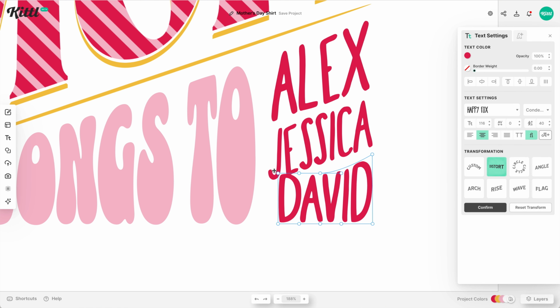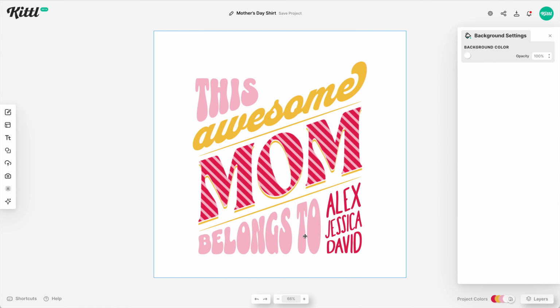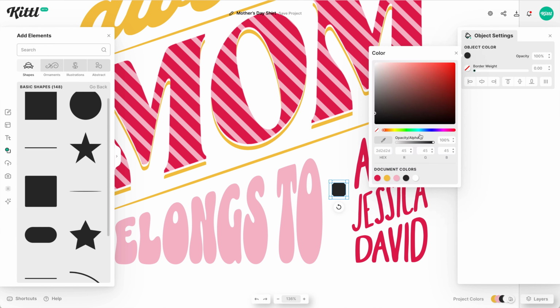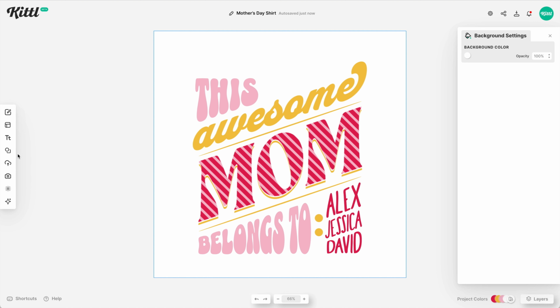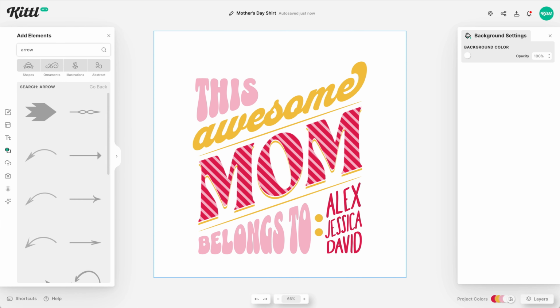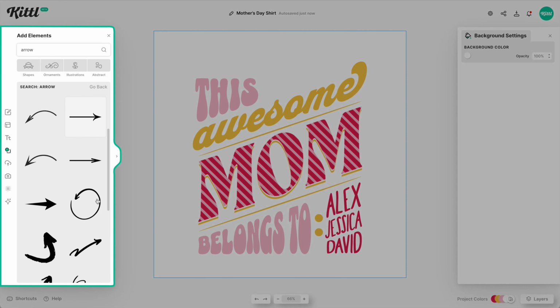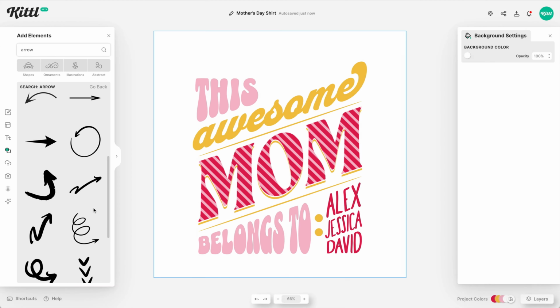So I'm going to put the 3 kids' names here, and then what I'm going to do is size down "belongs to" and put like a little colon here, a little semicolon, and I'm using 2 simple shapes, the circle shapes, so that it scales up or down accordingly depending on how you want to do it. But now what I think might be even cooler, just take it to the next level, is if I put an arrow